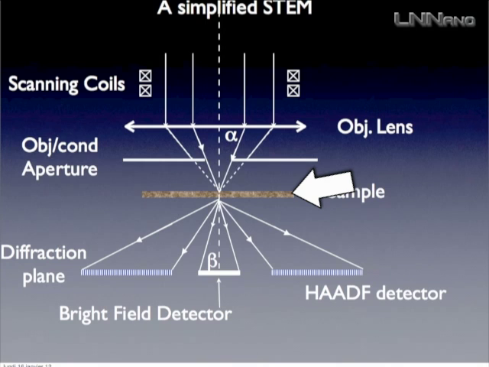So what's the main idea? You have a gun somewhere, and you make a parallel beam that hits this objective lens. As we will see, of course, there is more optics. That's the idea. And with this objective lens, you will form a spot on your sample. The main property of this spot, the size and the current in it, will be controlled essentially by